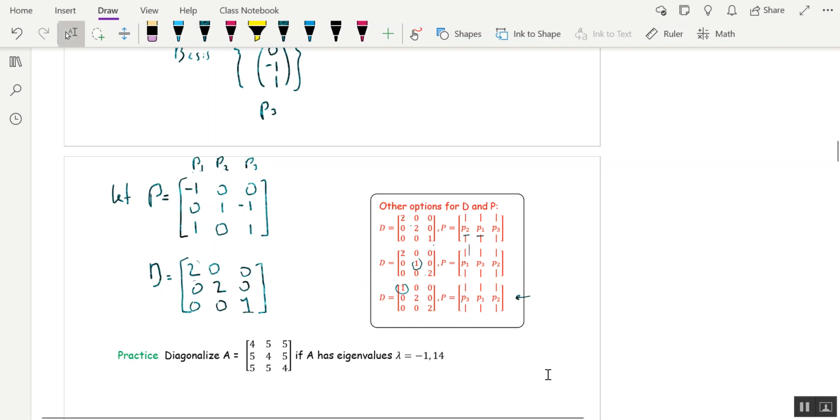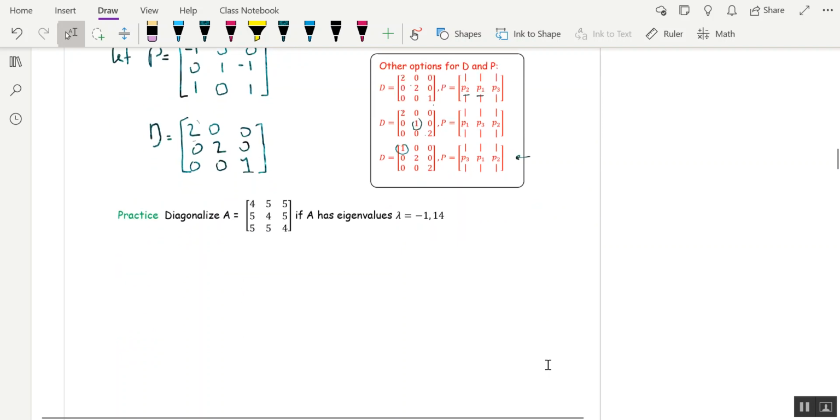Okay, so it's PP time. Pause and practice. Pause the video, diagonalize this matrix, and to make your life a little shorter, you don't have to compute the characteristic equation. The eigenvalues are negative 1 and 14. Oh, one thing I want to mention before I have you stop is